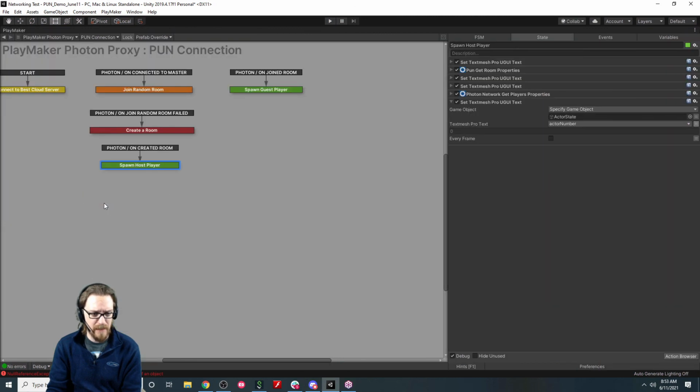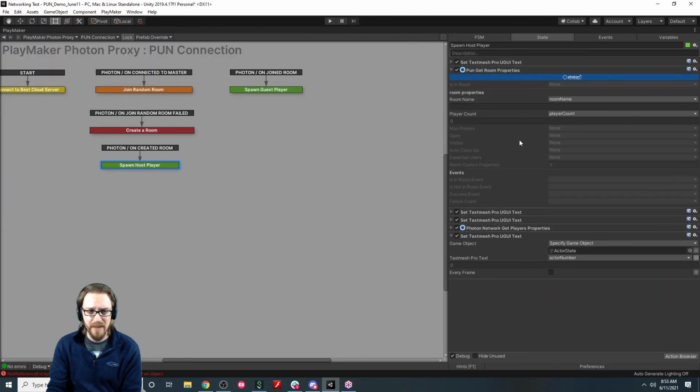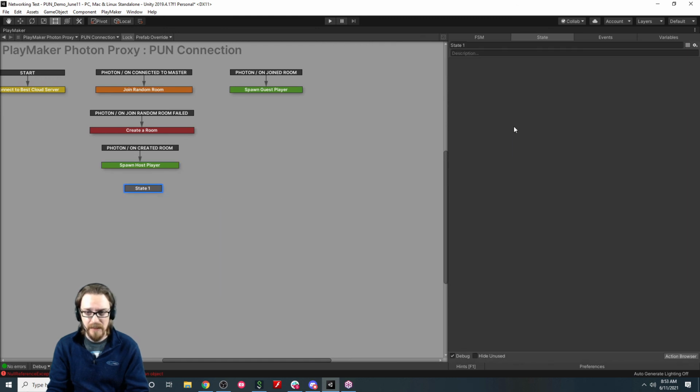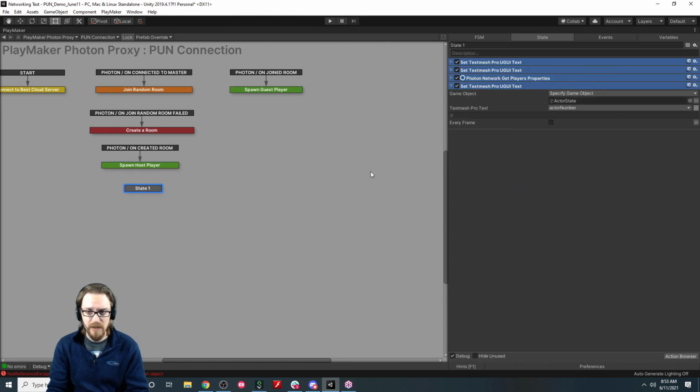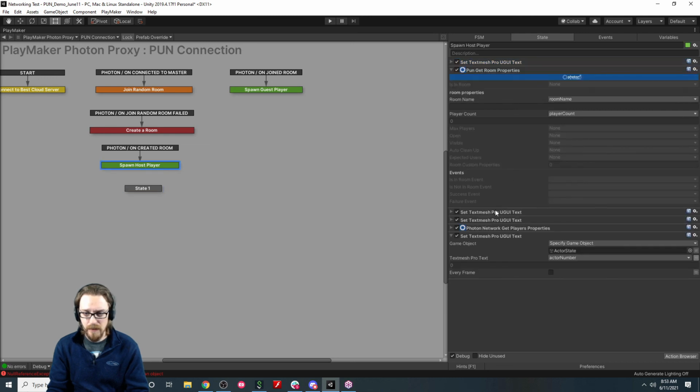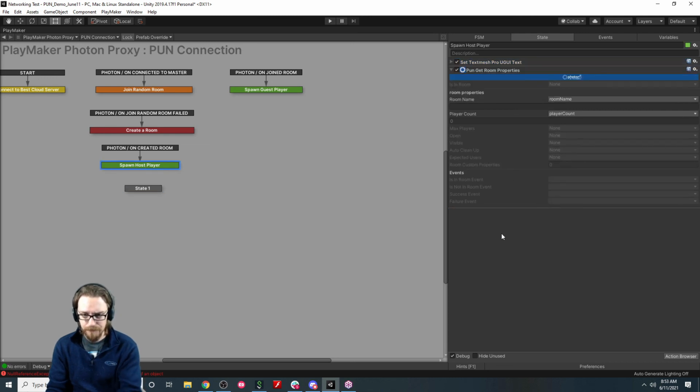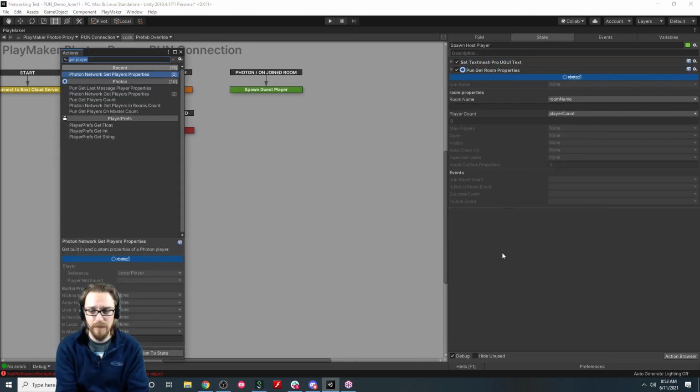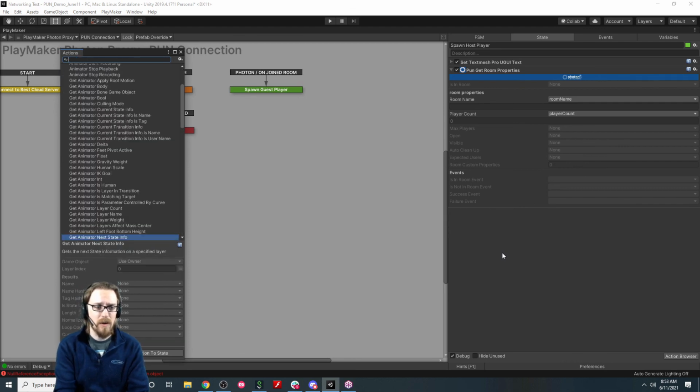All right, so let's maximize. So it's getting stuck here. So we need to take all of these, copy, we're going to add state, and we're going to paste actions, and then over here we're going to delete them, and it's just as simple as next frame event, or better yet,